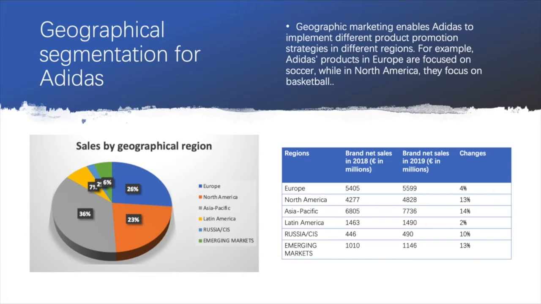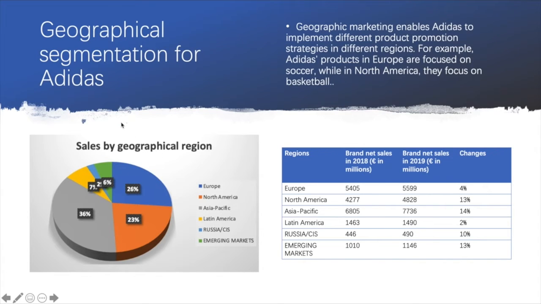The geographic segmentation signifies a market divided by location, which is consumers who live in the same region share some related wants and needs, and those wants and needs could be very different from the consumers who are living in other regions of the world. Adidas divides its business into 8 regions as the table chart shows.